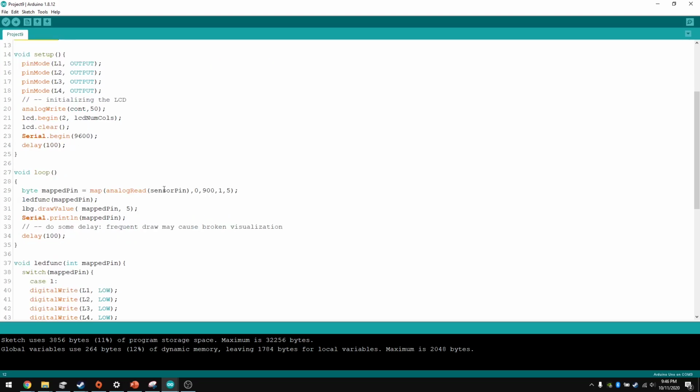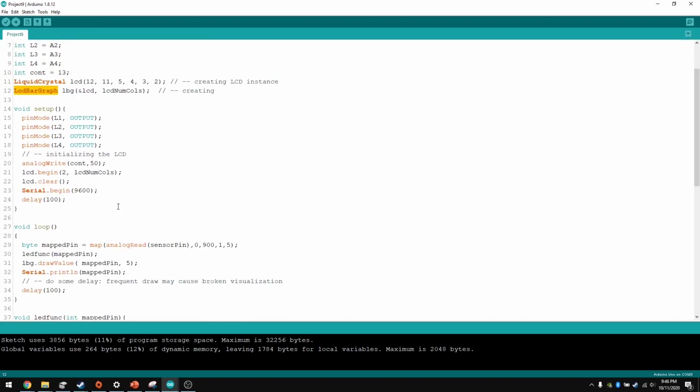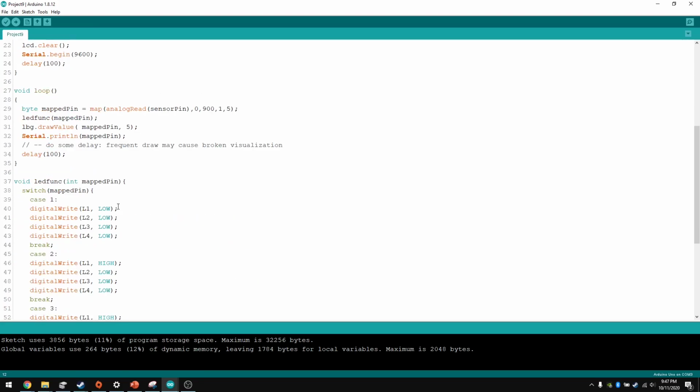To map the values, I created an analog read of that sensor pin called mapped pin. I noticed that my photocell ranged from about 0 to 900, 950. I just called it 900. And I mapped those values from 1 to 5. For my function of mapped pin,